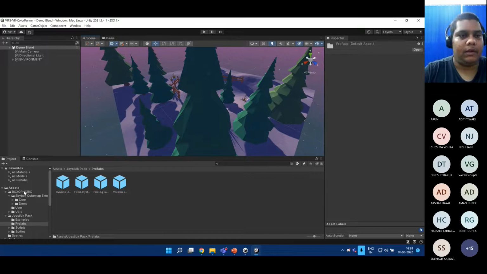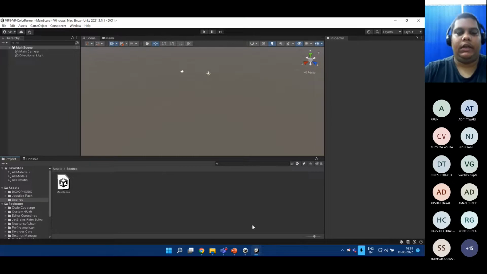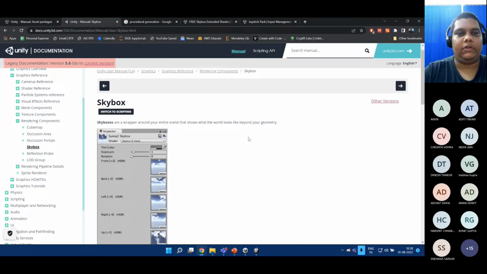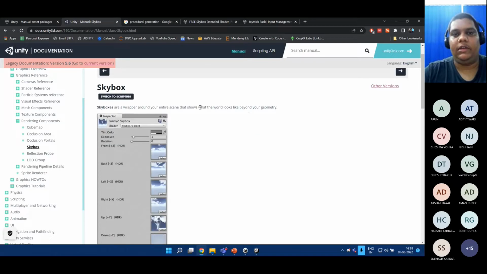Okay, so let's go back to our scene. This is not our scene, main scene. So today, let's talk about Skybox first. Skyboxes are a wrapper around your entire scene that shows what the world looks like beyond your geometry. So basically, whatever we have created in the center, like in the game that we're creating, what is present